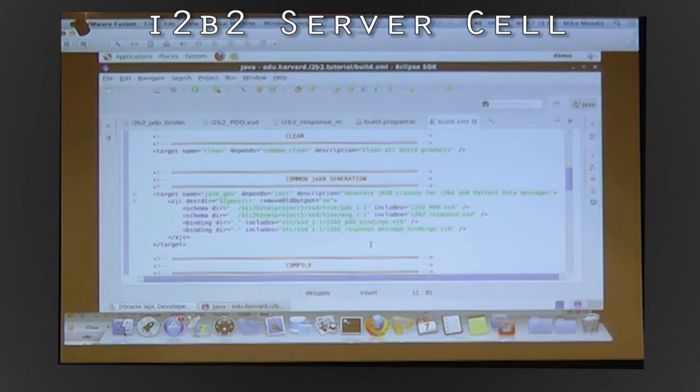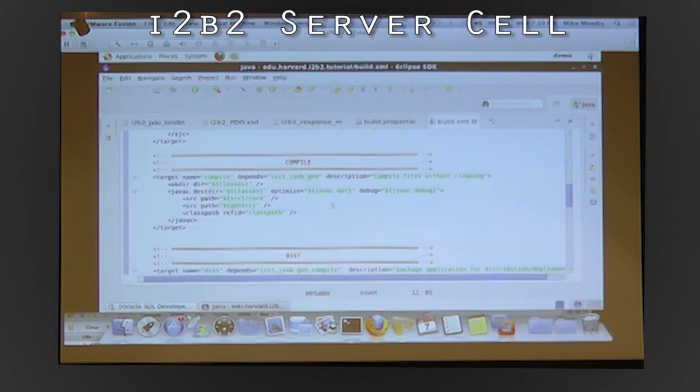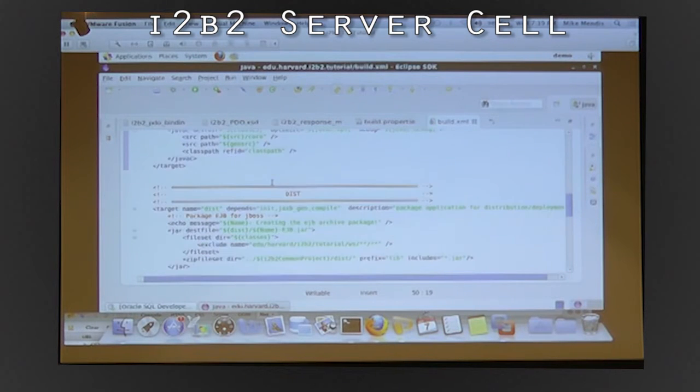And if you use this to create your own cell, you can use this as a template and then just start adding in whatever your XSDs are for your code. And then the compile is just dependent on the init and JAXB, and it just compiles it. The distribution right here,